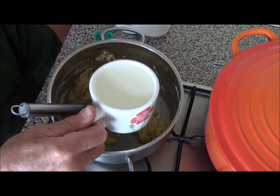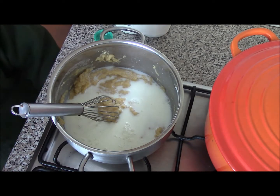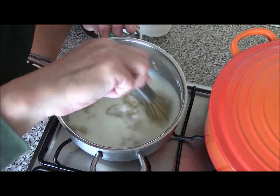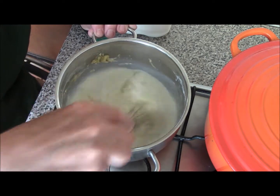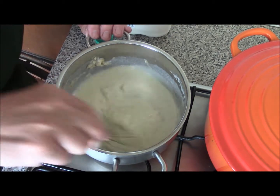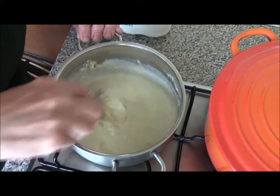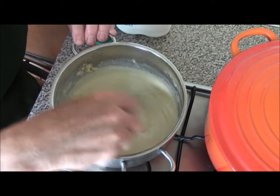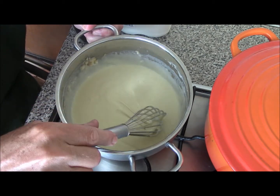Now I'm going to add a cup of milk. Turn the heat back on, low heat, and you want to stir this until it's all mixed in. I tend not to use exact quantities. I add a little milk first and then I add some more later, because this will thicken. So there, the paste has now mixed in with the milk,